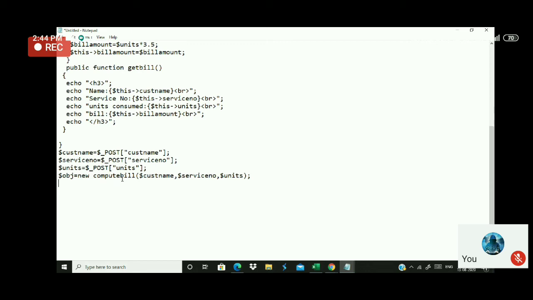Abhinandan, are you connected? Yes, sir. Abhinandan, how will you generate a bill? What is the object here? OBJ is the object here. Okay, now how will you generate a bill for this?